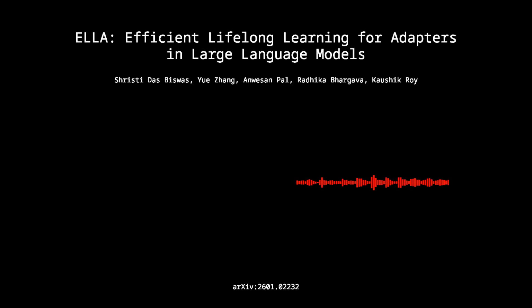Let's zoom in on the geometry of this solution. The insight seems to be that we don't have to treat all these knowledge subspaces as enemies. We just need to police the heavy hitters. That's a perfect way to put it. So we start with the standard LoRA setup, where our update for a new task t is that low-rank decomposition, ΔW_t = B_t A_t. Totally standard. The novelty is in how ELLA encapsulates memory. It builds a cumulative signal, the aggregation, the simple summation of every prior task's low-rank update, S_{t-1} = Σ ΔW_i.